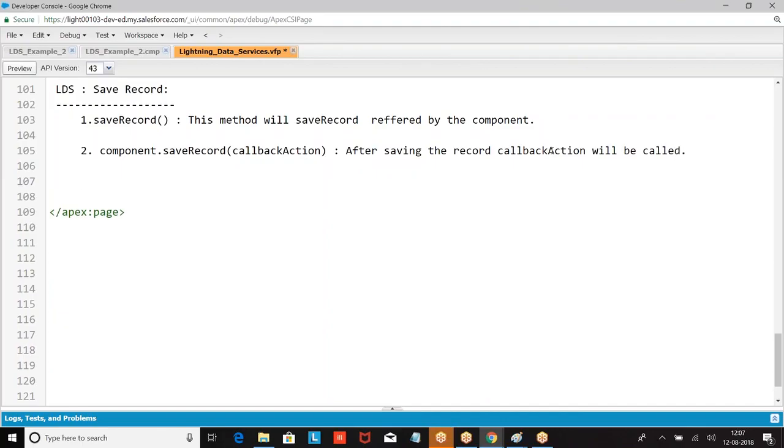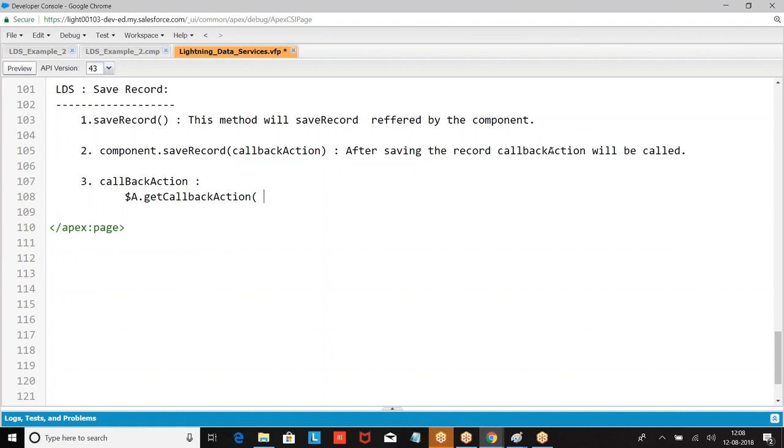So how do you define a callback action? Callback action is $a dot get callback, $a dot get a callback action.